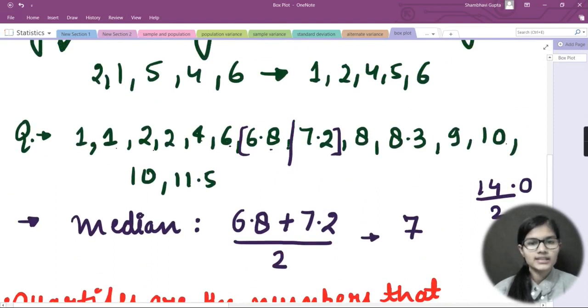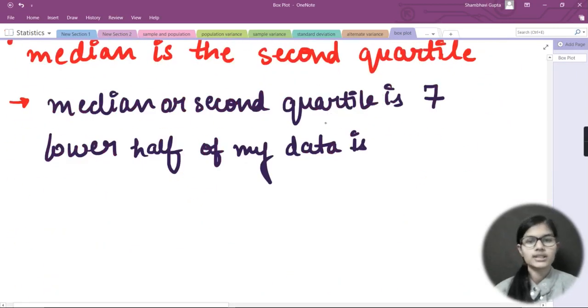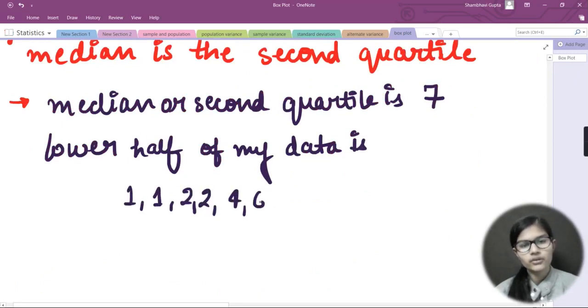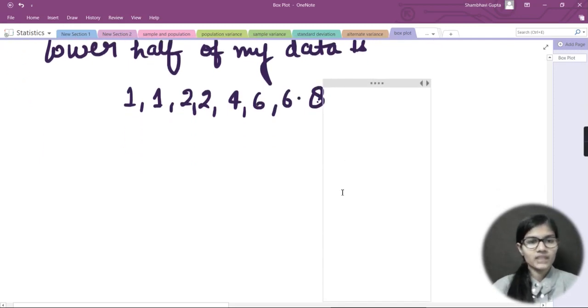I will be taking 1, 1, 2, 2, 4, 6 and 6.8. So these are the 7 points which are less than 7, right? So the lower half of my data is 1, 1, 2, 2, 4, 6, and the last one was 6.8, right? So this is the lower half of my data, right?